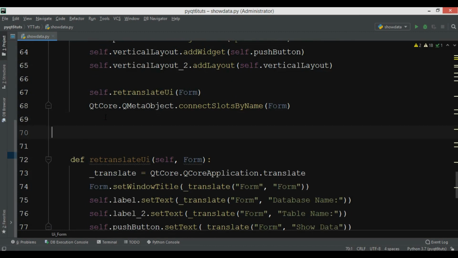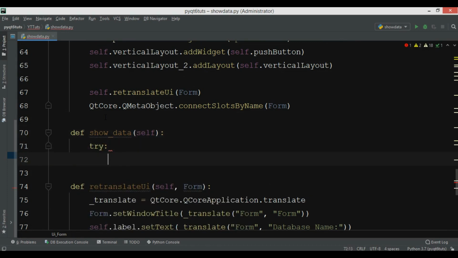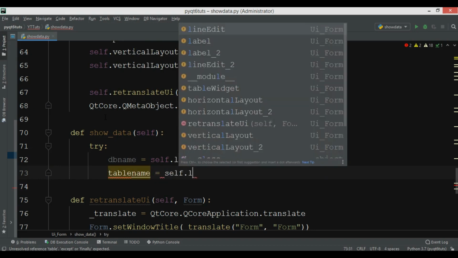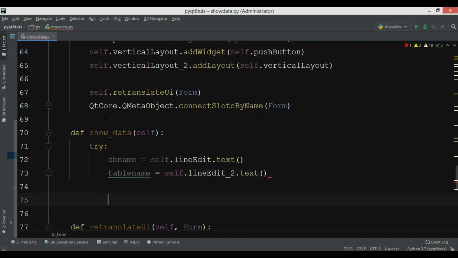And in here we are going to create def show_data. We can create a try, and in the try we need to just get the database name and also the table name from the line edit. So self.lineedit.text, and we have table name, self.lineedit2.text. And after doing this, we are going to create our, I can just create my DB, and I can just say